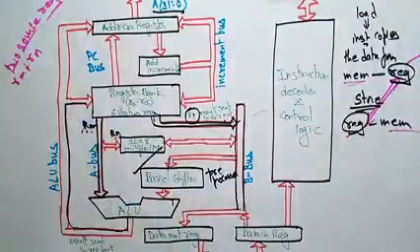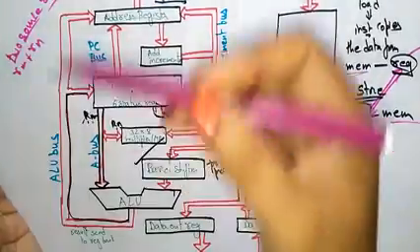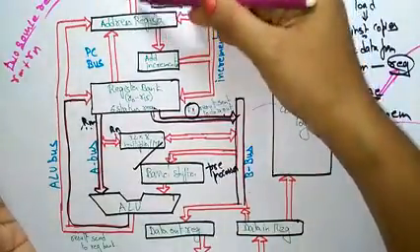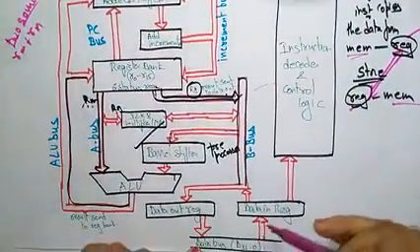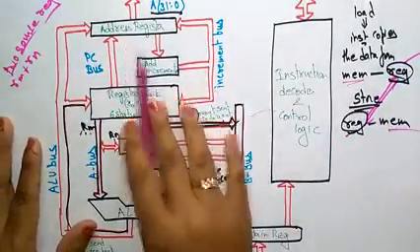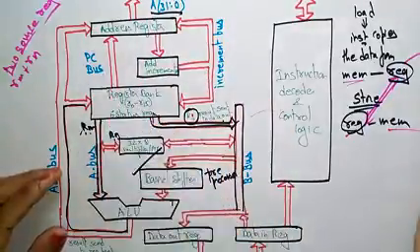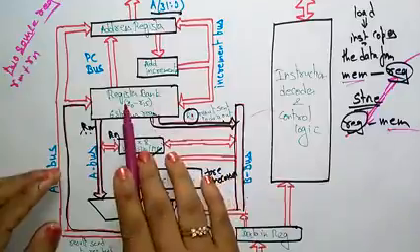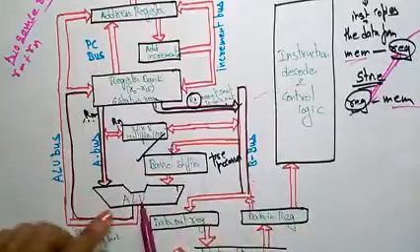Don't be confused. While you're drawing the ARM architecture, first think about the components that are present in it. You need the address registers, you need the data registers, to where you have to send the result, that address, and from where you have to get the data. That is with the help of the data bus, data in, data out. Here the address incrementer is there to find out the next location, and the program counter holds the next instruction that has to be executed. The register bank contains all the 16 registers, which means all the registers that are present. And two buses will be there, A bus and B bus, and those are all connected to the ALU.